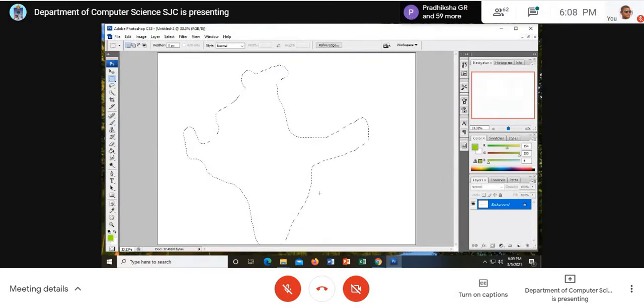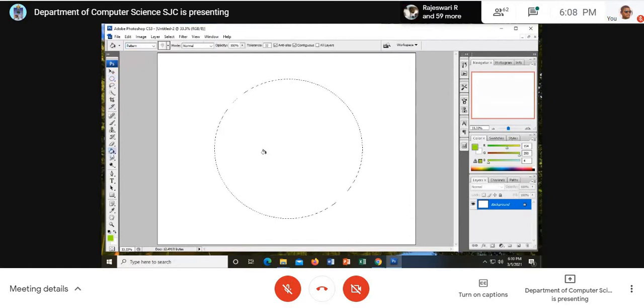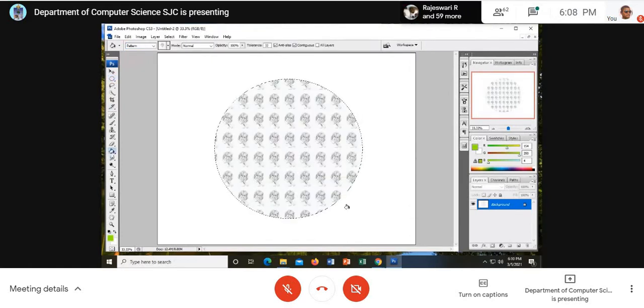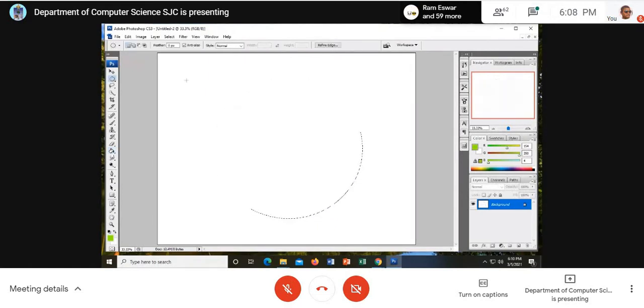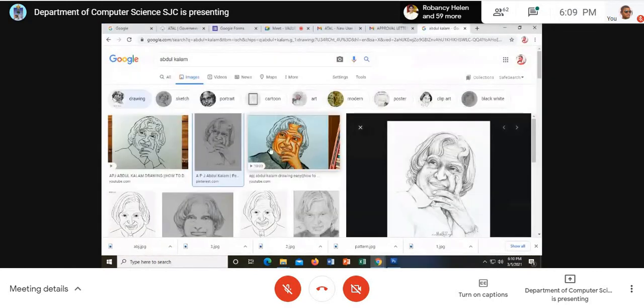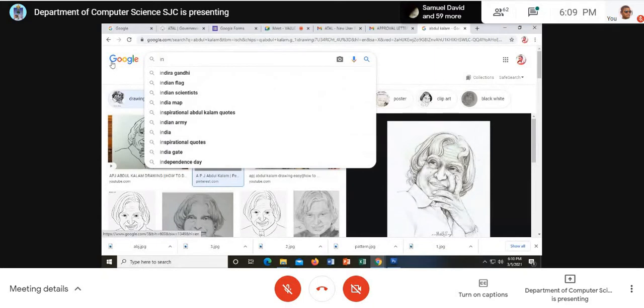Yes, sir. So within a defined shape I can also get it, for example within a circle. I just choose a circle, and in that circle I can bring the same. Within any shape or anything you can bring it. For example, I just bring the Indian map. I should not give too much stuff because you should not be confused.